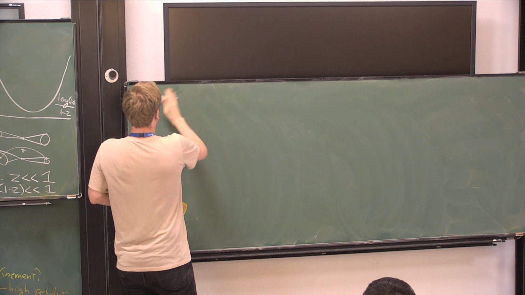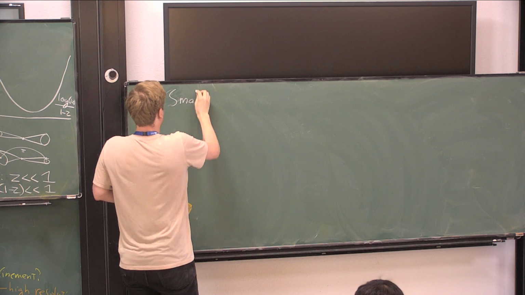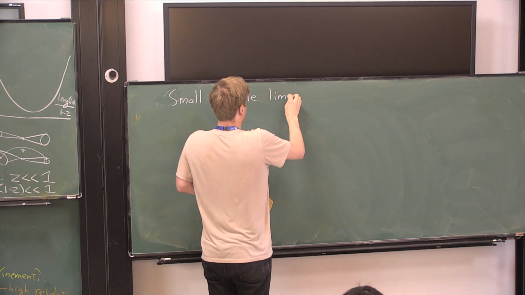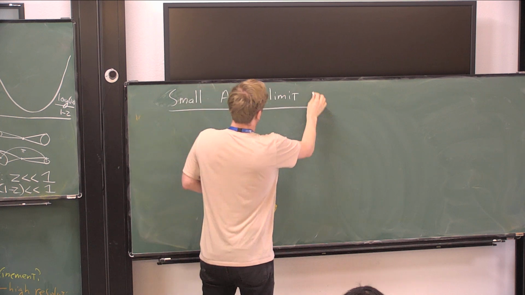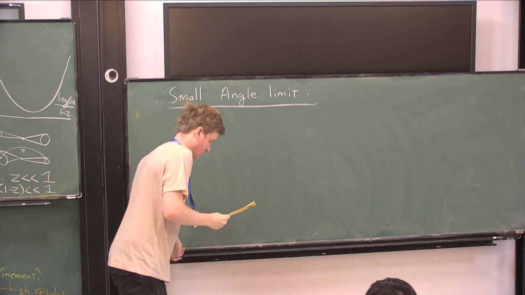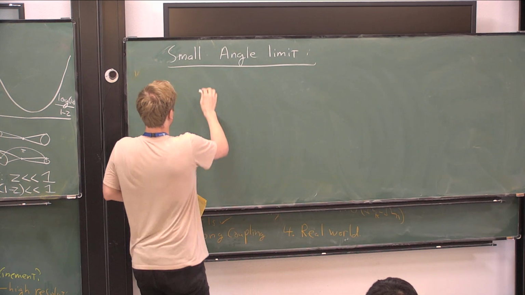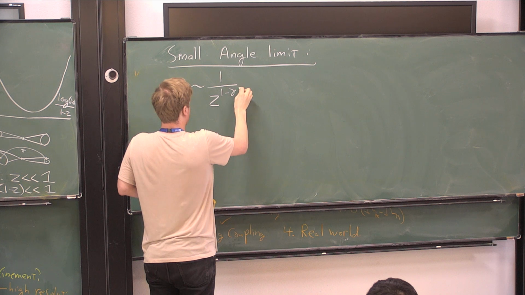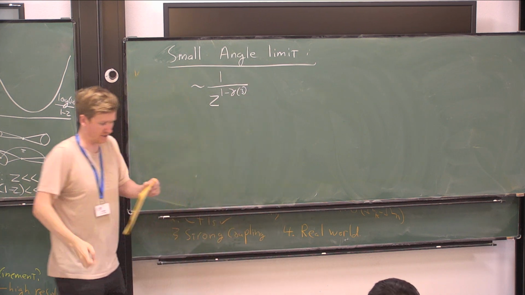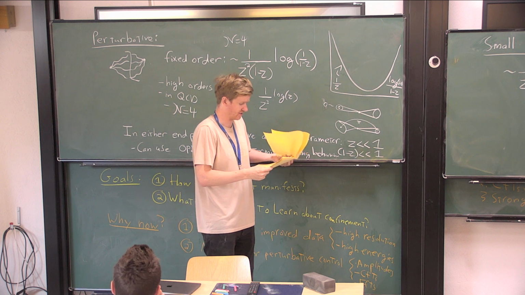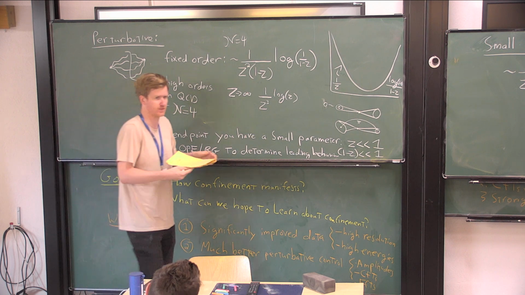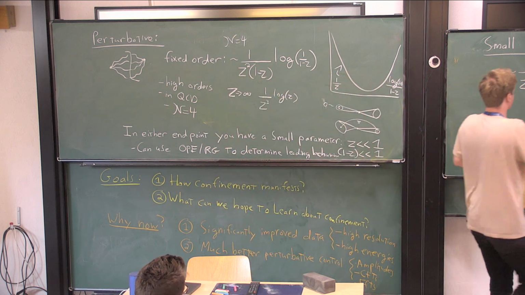Okay, so in this small angle limit, as I said before, you get this universal scaling behavior with this particular anomalous dimension here. And so I'm just going to state the result in the conformal theory and then say a little bit about how it's modified in the non-conformal theory. So in the conformal theory,